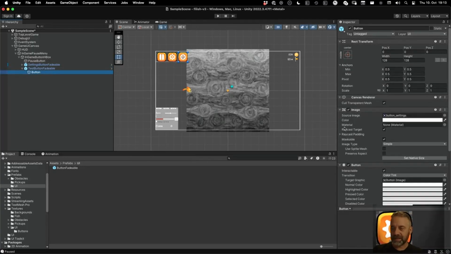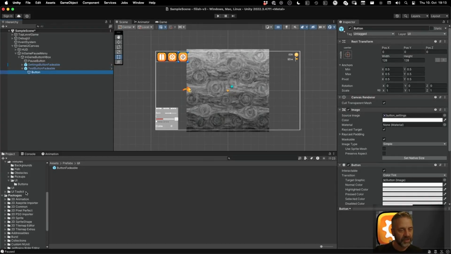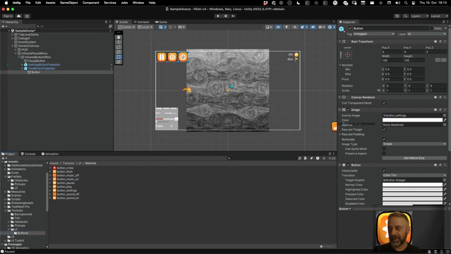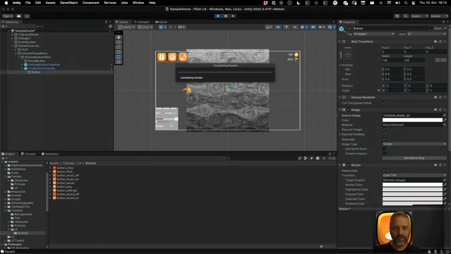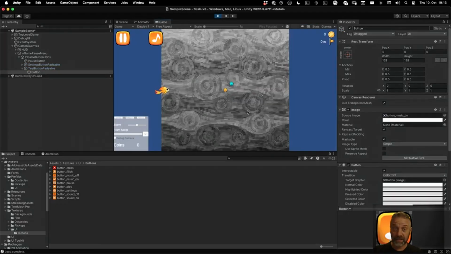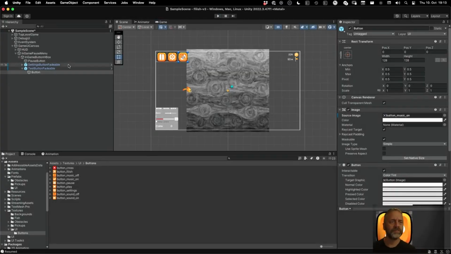And then that has an image, right? And we have textures somewhere. Right, and let's just use the music button here, right? So that works. That is nice. Right? So we changed the texture on the other thing. That's actually quite nice that that's exposed this way. But that's not what we want, right? So we want